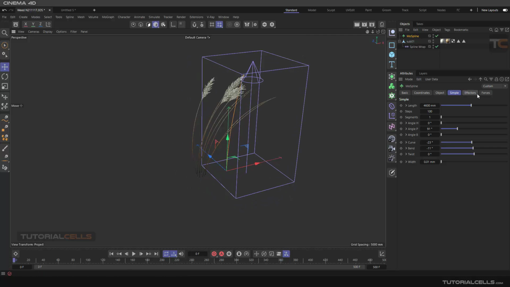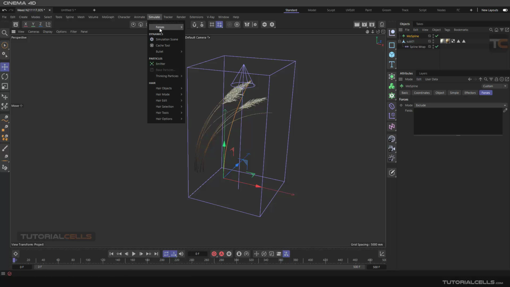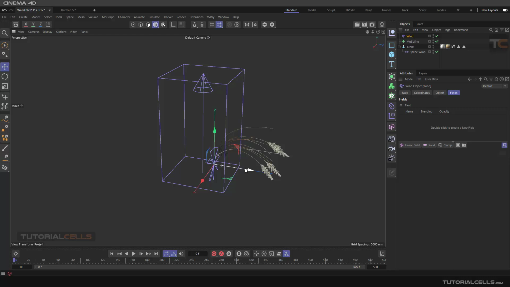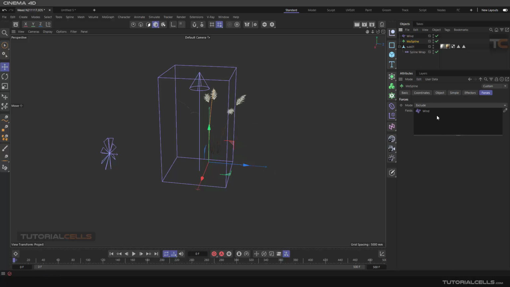And here I want to explain the forces. You can assign any forces in the simulation, in the forces here, to your object. I will explain them later, but it is a wind. You can give a wind to your objects. But it is important that you go to the MoSpline and click and drag the wind here. I don't know why it's in exclude. It means it isn't included. It means the wind includes the